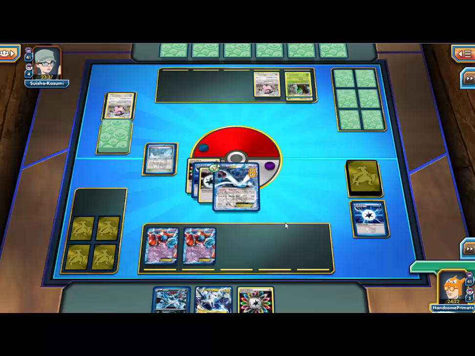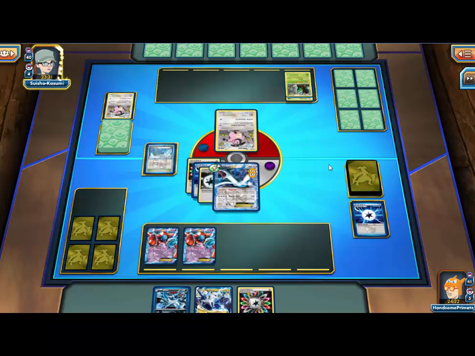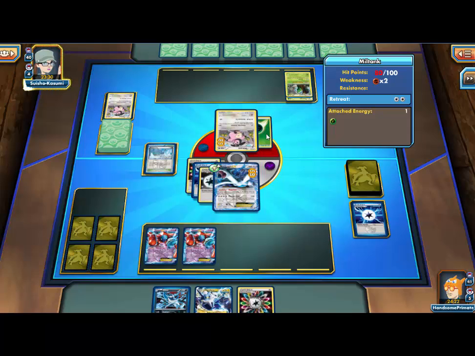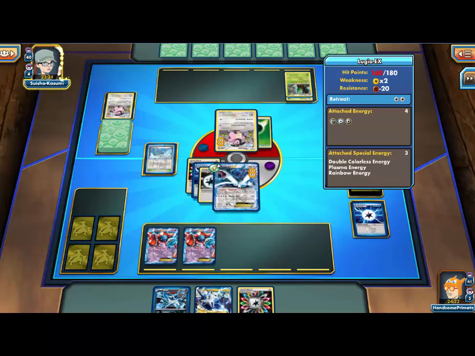2 prizes. There's one of our Thundurus, and then we can attach that next turn if he doesn't end us down to 4, which might be kind of strange. Next turn, you can also attack again to get his Miltank out of play. If he has a Butterfree, he's going to be hitting us for 80, 100. If he has a Muscle Band, we'll still have...